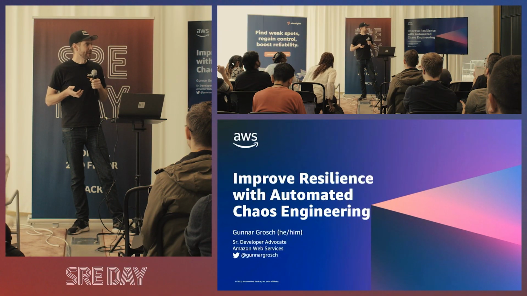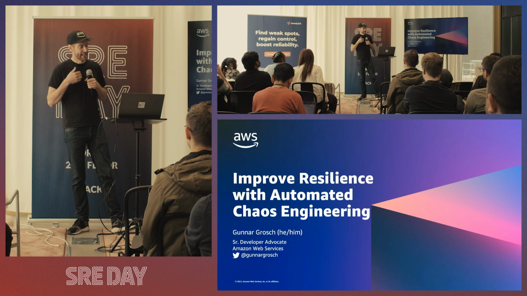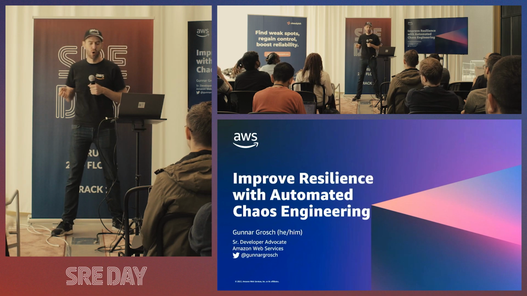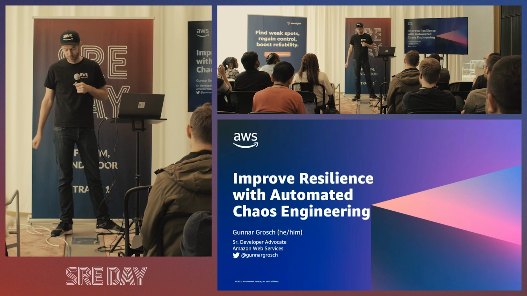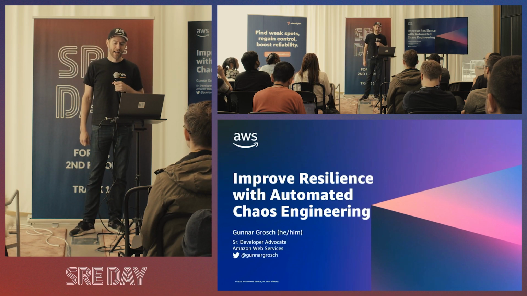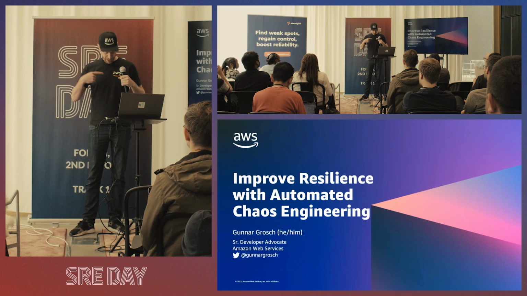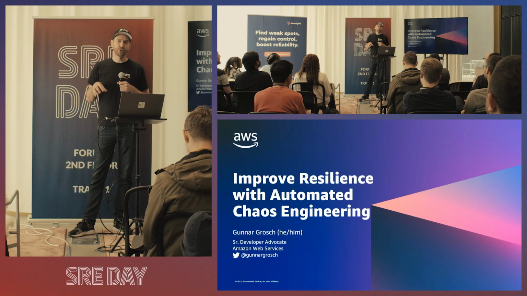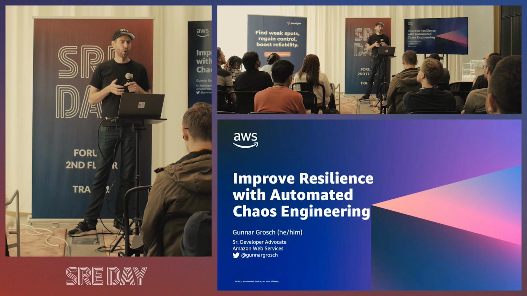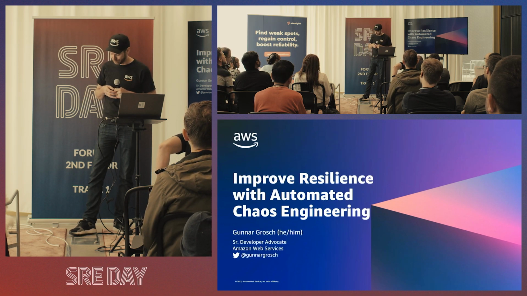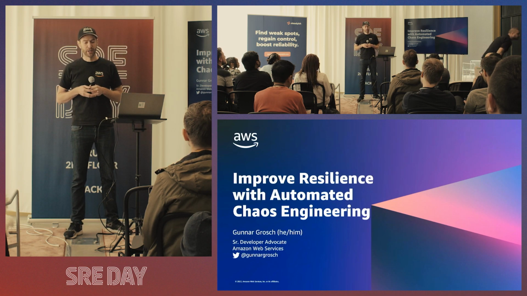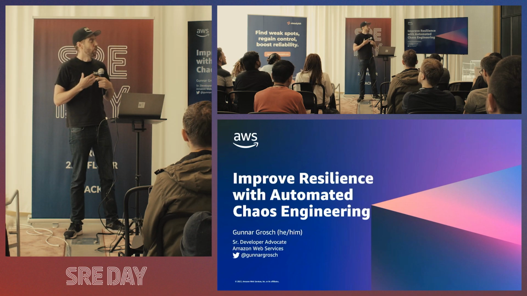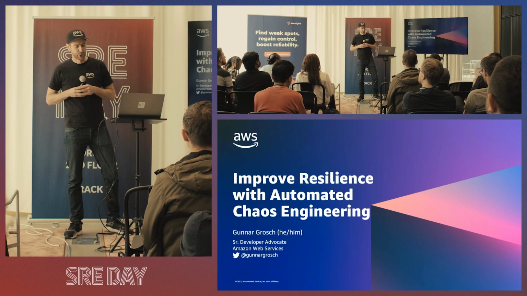Chaos engineering has proved to be a great option in the SRE and the SDE toolbox, but the transition into more complex systems is accelerating. So I'm Gunnar Grosch. I am a developer advocate, and if it's not super obvious, at AWS. And in this session, we're going to look at how automated chaos engineering can help us cover a more extensive set of experiments than what we can cover manually, and how it allows us to verify our assumptions over time as unknown parts of the system change.